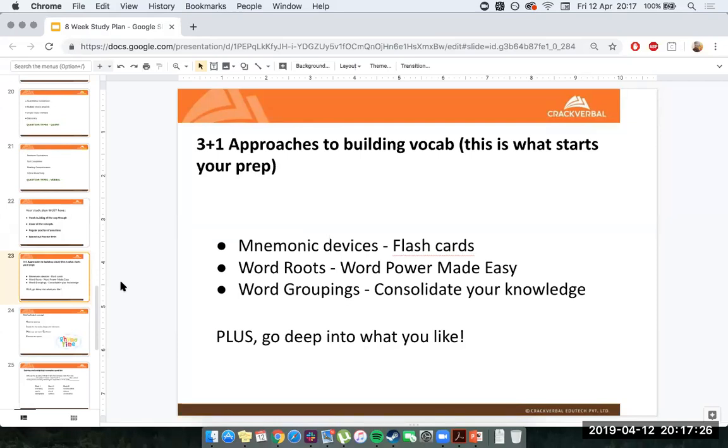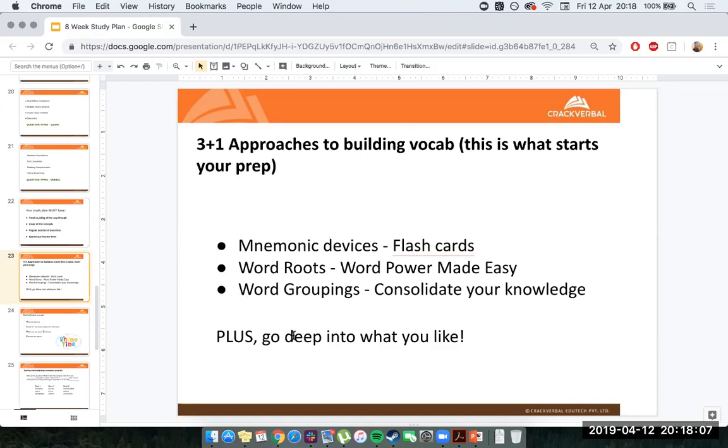Lastly, word groupings. So if, for example, you have a bunch of words related to words taken from Greek mythology, words that you would use at the hospital, words that are all associated with spending a lot of money, it helps to group your words like this, because ultimately you want to build not a list of words, but a web of words. You want to make a web of words with lots of connections, because that's how your brain understands things. How did you learn words to start with? Your brain was making a web of connections. That's what you want to do here as well. So you want to link words that are similar, and this helps consolidate your knowledge.